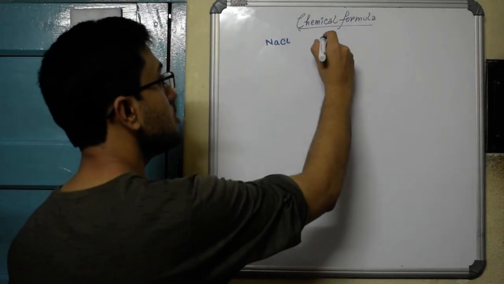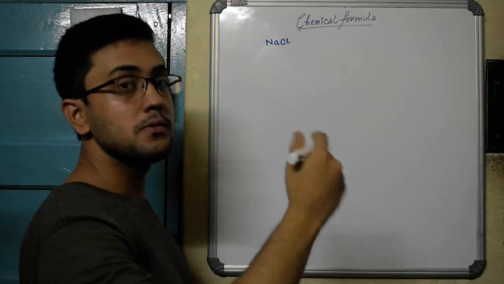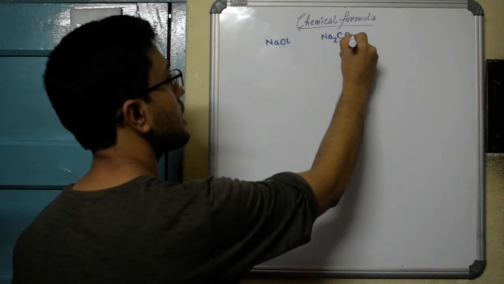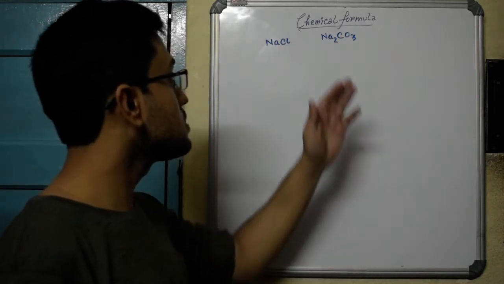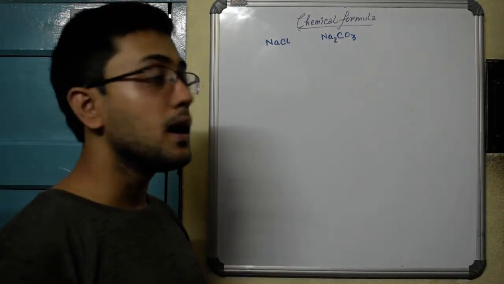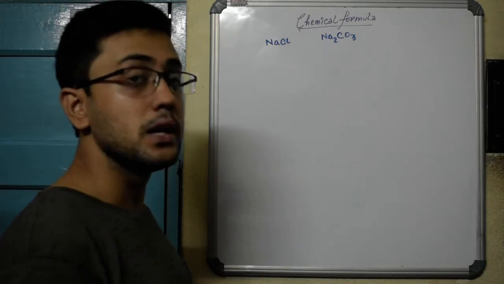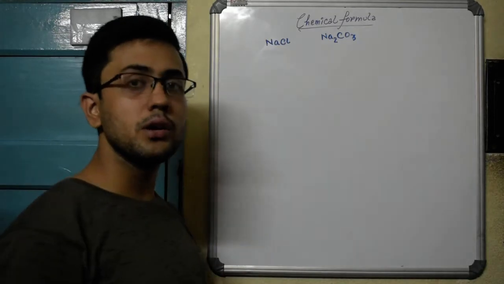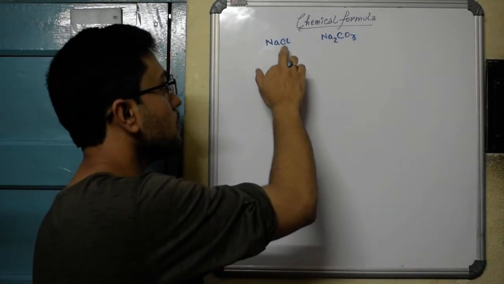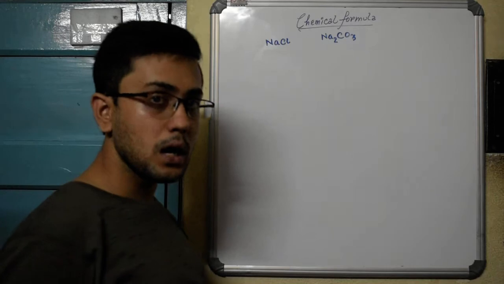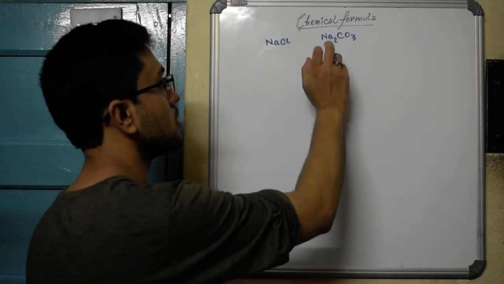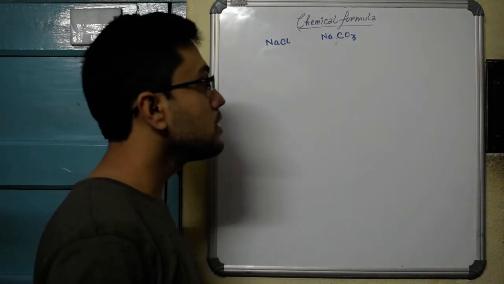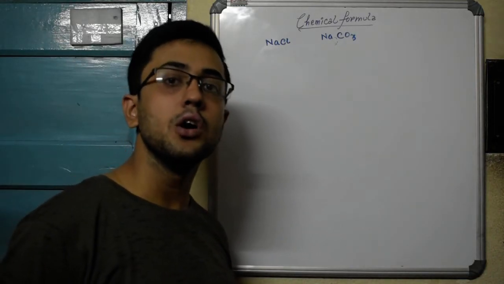Similarly, suppose I want to know the chemical formula for sodium carbonate. That will be Na2CO3. Again, for this you should know that this is my sodium atom, this is my carbonate ion, and Na2CO3 is its chemical formula. But what was simple in the earlier case is that sodium chloride becomes one atom of sodium and one atom of chlorine. But in sodium carbonate, why do I write this 2 here? Why not simply NaCO3? For that reason we need to know how chemical formulas are formed.